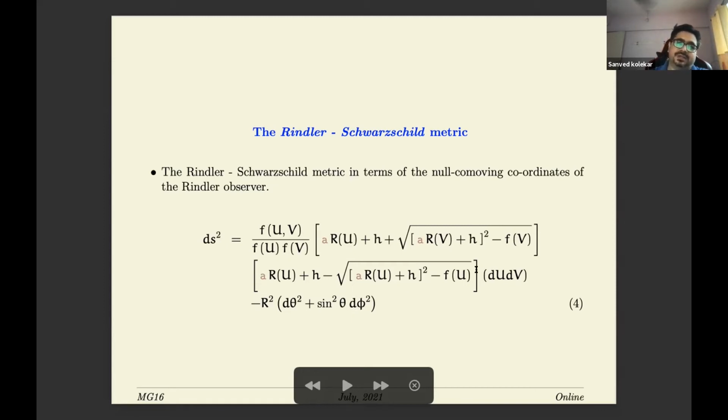That is true because we only know one timelike Killing vector in the background Schwarzschild geometry, which is associated with the usual time coordinate of the Schwarzschild metric. And if you adopt the co-moving coordinates of these Rindler observers, then the proper time of these Rindler observers need not coincide with the orbits of another timelike Killing vector. So you would expect the metric to be a function of the proper time coordinate as well, and that is what you see from this structure. So that was the part that we have completed.